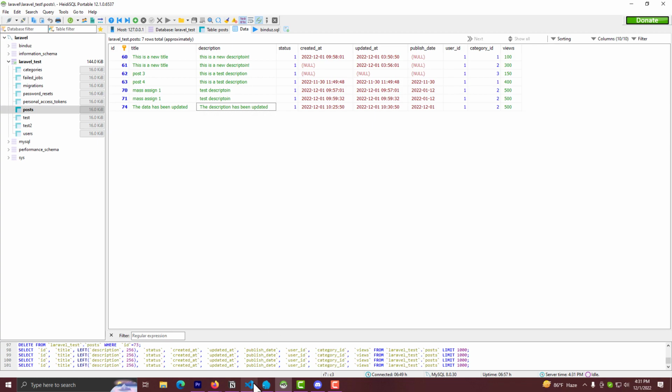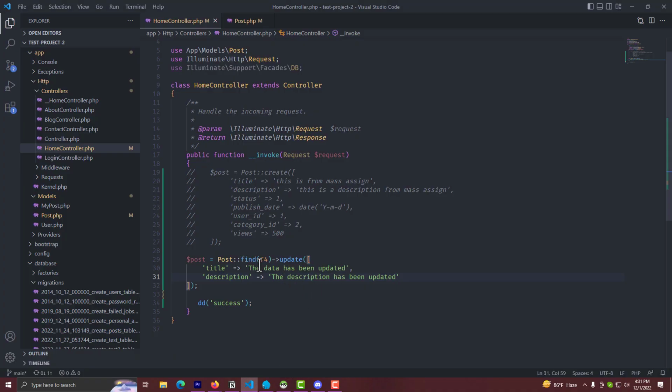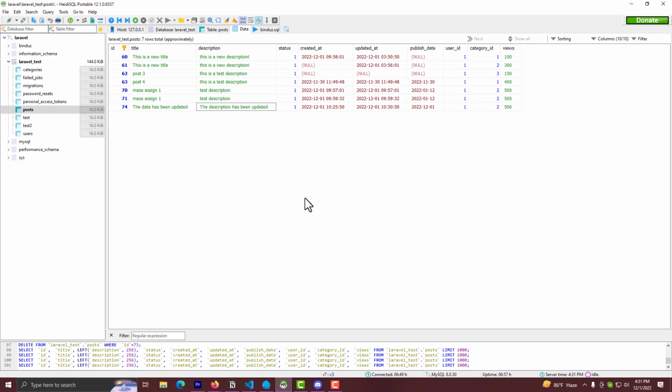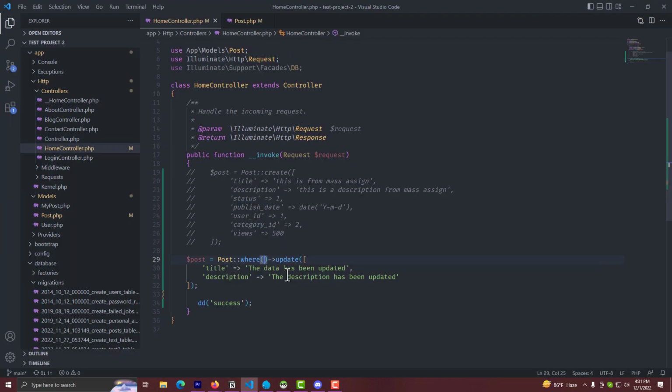I'd like to show you a little more about update. Now instead of find, let's say I will use a where condition in here, right? So in the where condition, let's say I want to change all the status from my post table, all the status, right? We currently have all status 1, so I want to make all status 0. So how can we do that? It's pretty easy with mass assignment. We just have to say